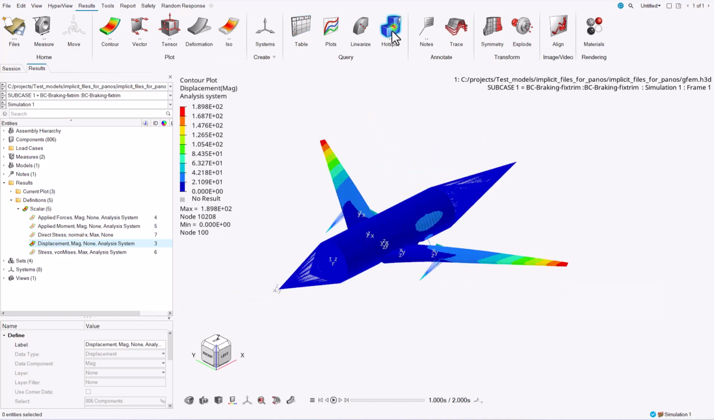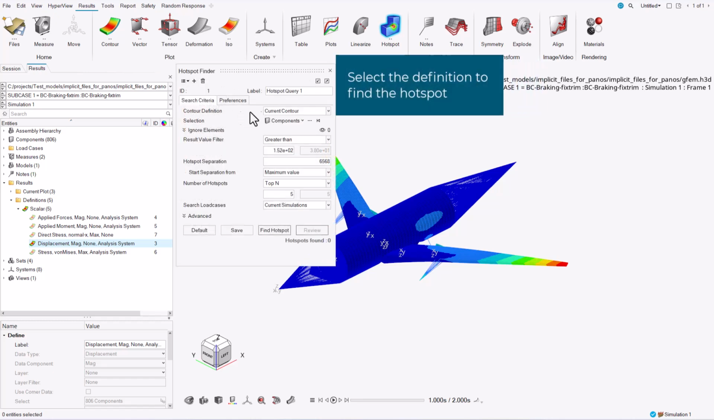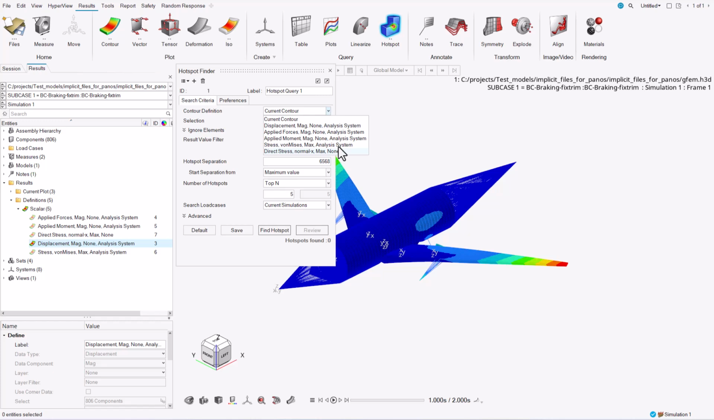Also, the hotspot tool has some very interesting features. For example, in this area, contour definition, we can select according to which definition cast in the memory we want to run the hotspot tool. So for example, let's say that we want the stresses and to have